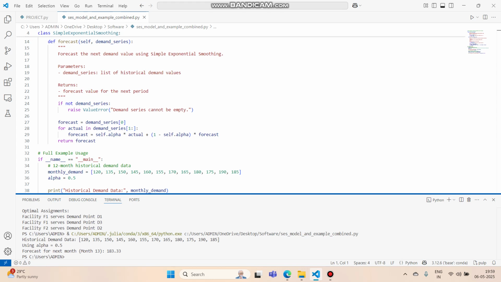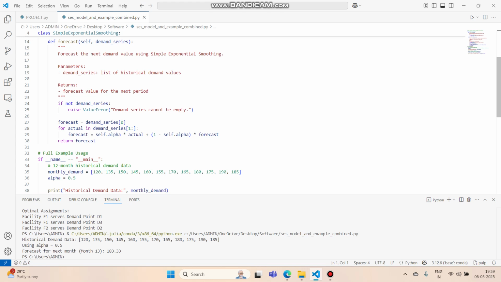And it also finds the most balanced assignment using the weights, so we don't always pick the cheapest or the closest, but the best trade-off we can. And from the forecasting model, majorly we can learn how to predict the future demand by giving more weight to the most recent values, which makes it simple but very effective for steady data. And also the alpha